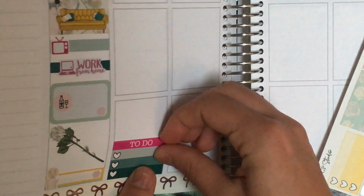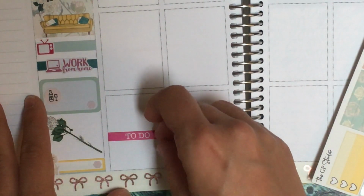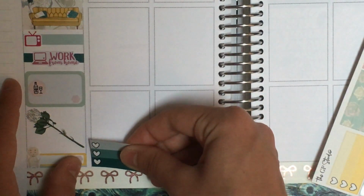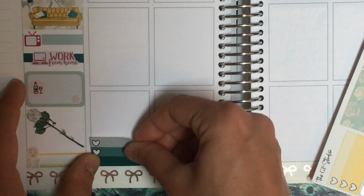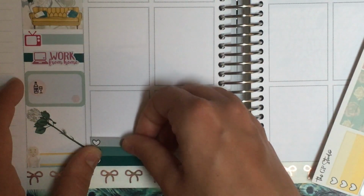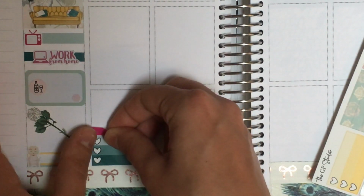Oh, why is that so crooked? Oh, I think it's crooked on the bottom. Okay. But then what do I want to do with the rest of the day? It's tough. I can put actually in the evening,